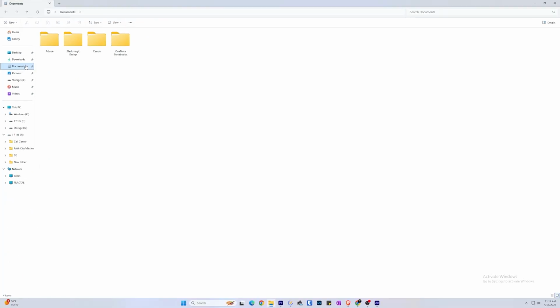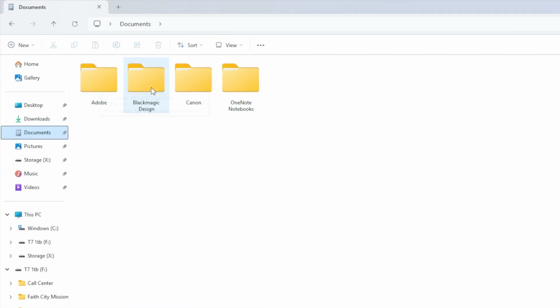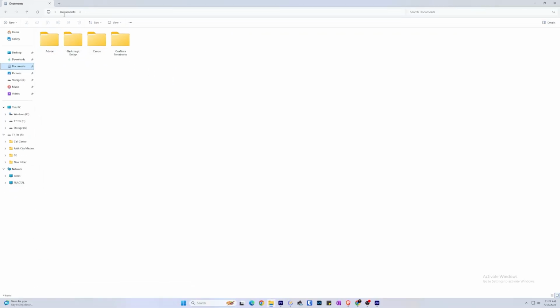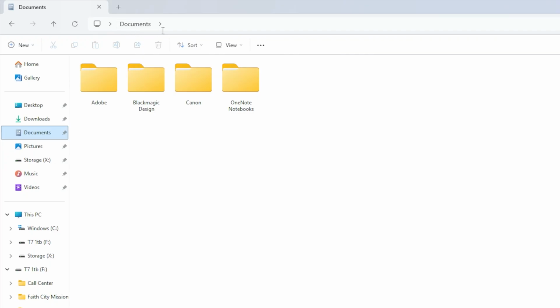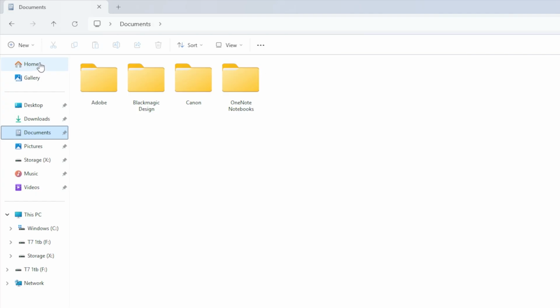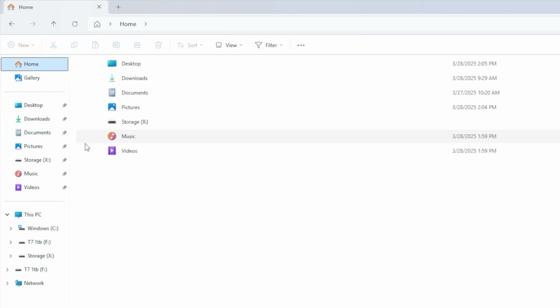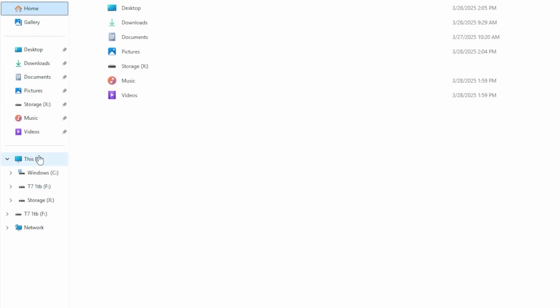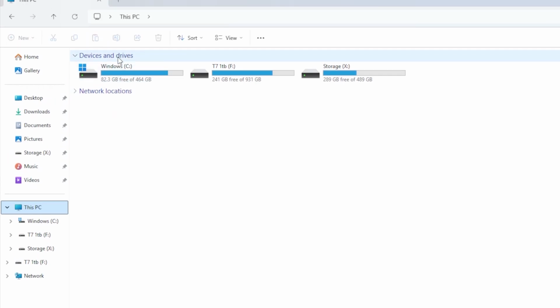We can see the Documents folder has many folders inside it, some of which may have been created by applications on your computer. At the top, we can see what's called the directory or hierarchy information. This shows us where we are in the filing system. Documents is a subfolder in This PC, which may be called Home for you. Clicking This PC or Home takes us to the highest level of the directory, where we can see all the folders that everything else is kept in. It also lets us see the current storage usage on the computer.